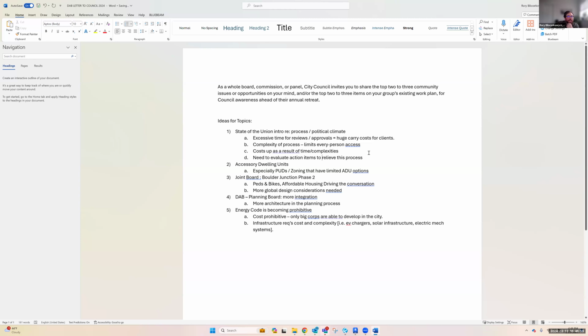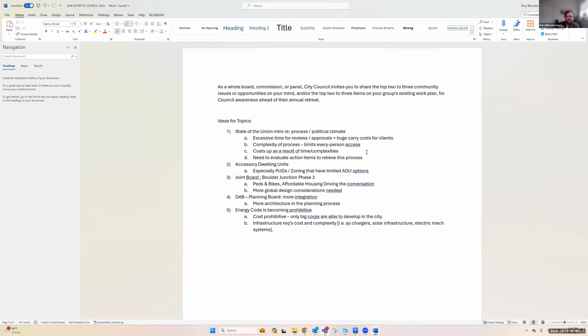But it's got to be actionable, right? It's not just like, we really need to work on speeding up the time frame. It's like somebody saying, hey, look, the 2-week check, why can't we have an online system where we can digitally check the box and it acknowledges that our submittal's complete, and we just wipe that first 2-week completeness check off? That's an actionable item. I'm not sure we want to get into that level of